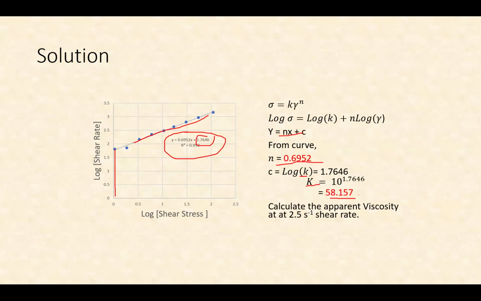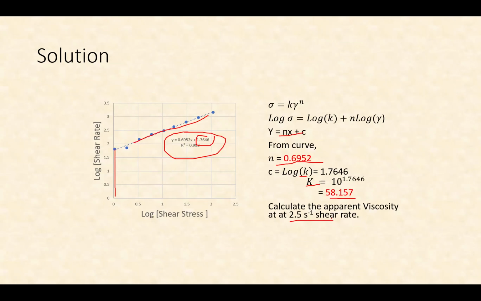At the injection point, where the flow area is relatively small, the shear rate will be high, and when it enters the reservoir, the porous media having a significantly large area, the shear rate value will be much less, generally varying from 2 to 10 per second. So if you are asked to calculate the apparent viscosity at a 2.5 per second shear rate, then